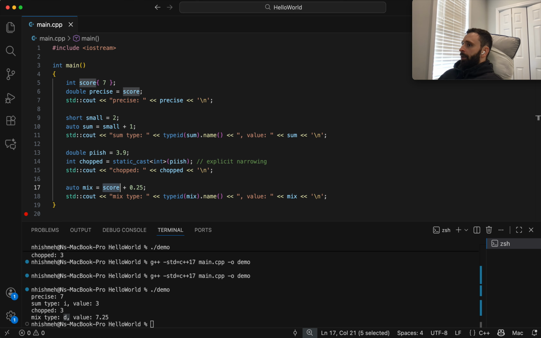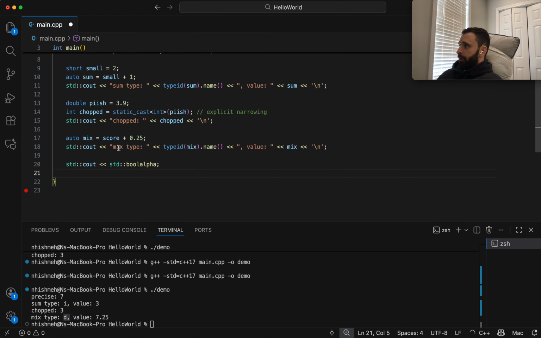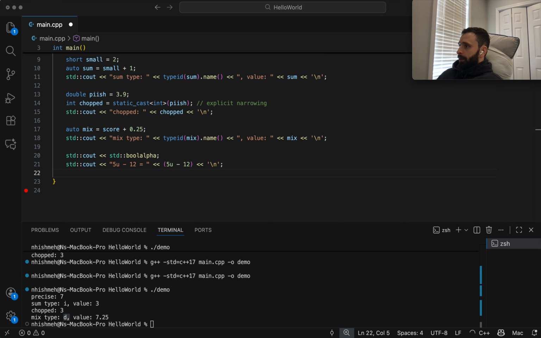So let's do another example now. Here, let me just modify the output so that it prints out false and true instead of 0 and 1. Alright. So here's an example where we're subtracting an unsigned int.